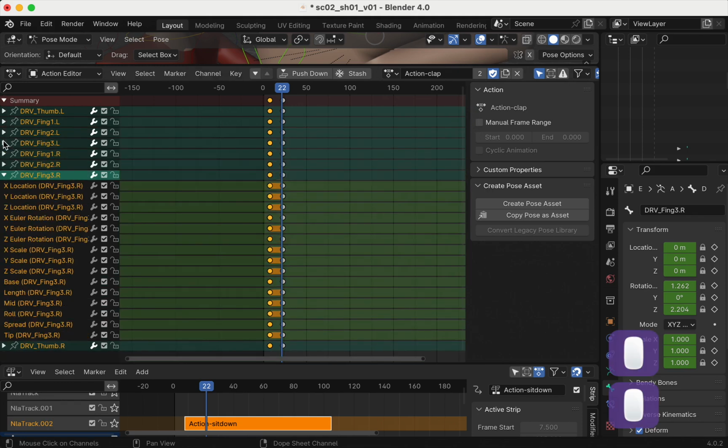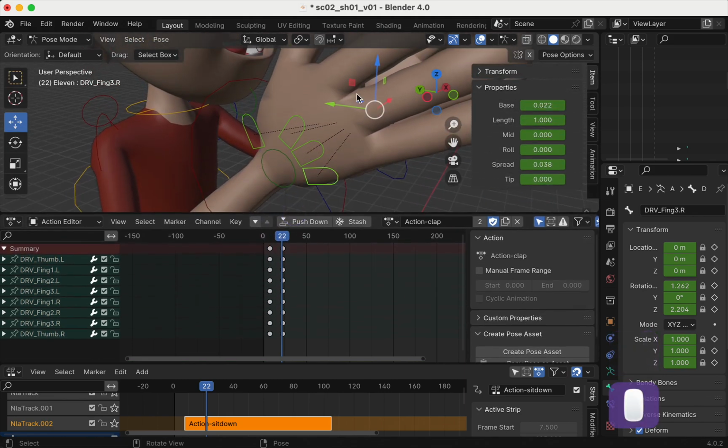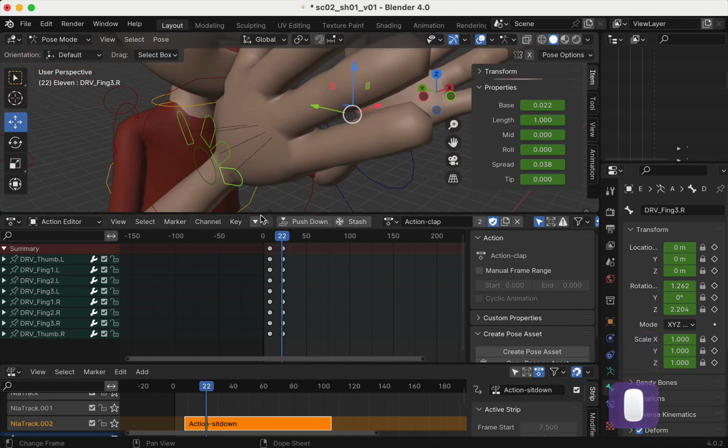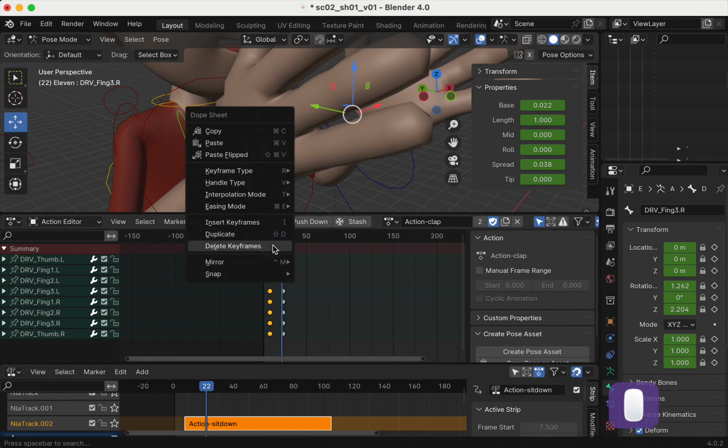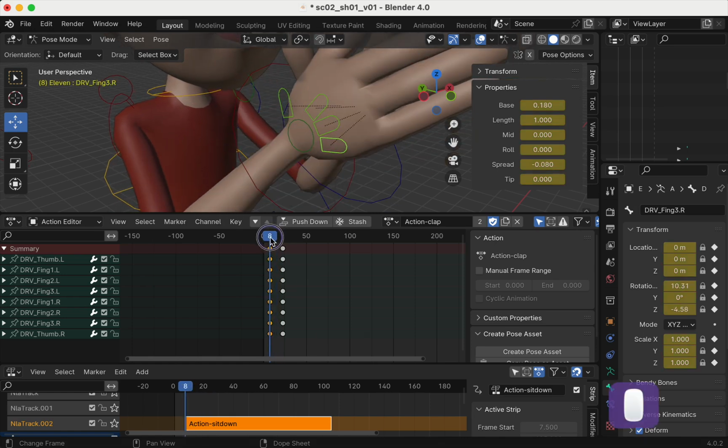So let me do this. Okay, this is easier for me. Okay, highlight. Once you select all of the controllers, the fingers, it will appear in the action editor. Just highlight it, copy, then paste. Once you paste, let's say frame